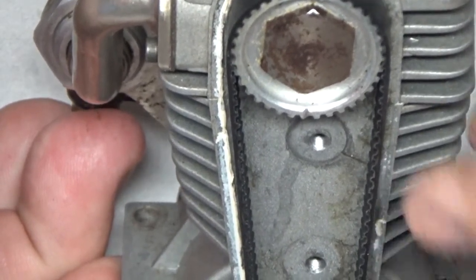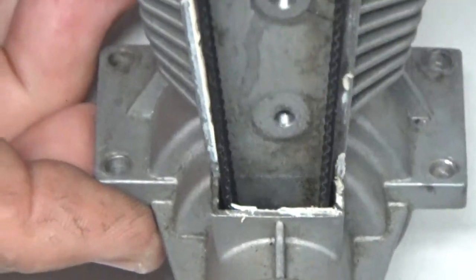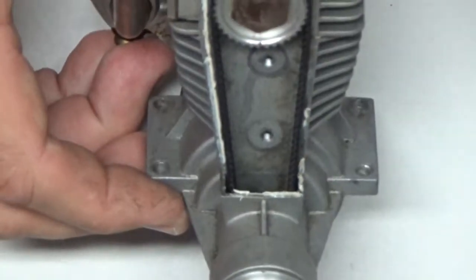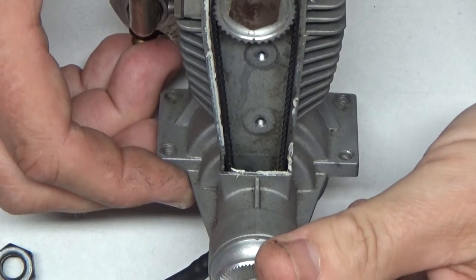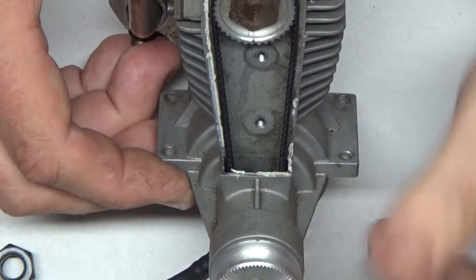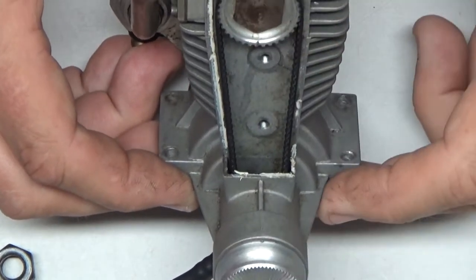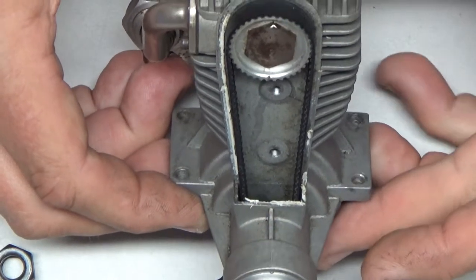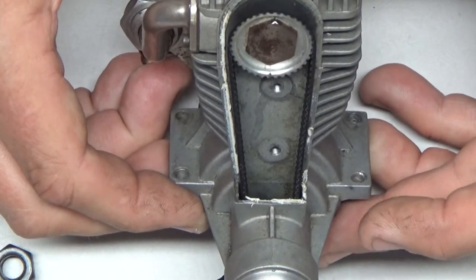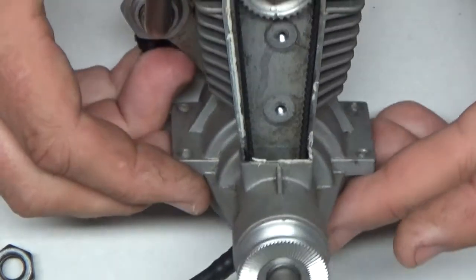So that's the thing that's odd, is that that timing mark and the mark on the prop washer here, I don't know if I'm going to be able to get them both into the viewing range. So this timing mark on the prop washer is set directly in line with this boss here, and this is off this way a belt tooth, it looks like. So initially I'm thinking, I don't know if that's right or not, but it looks to me,